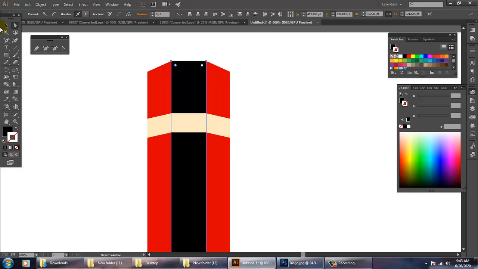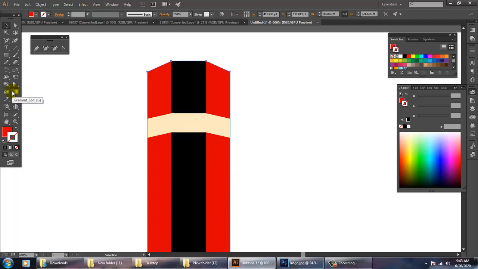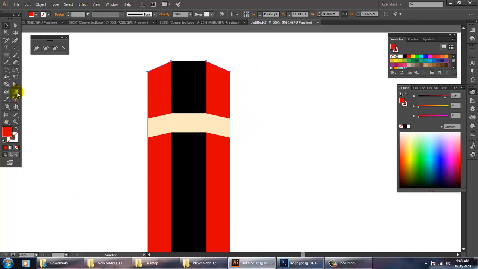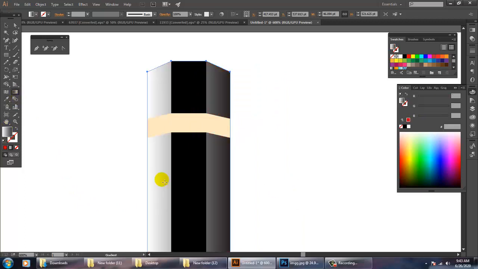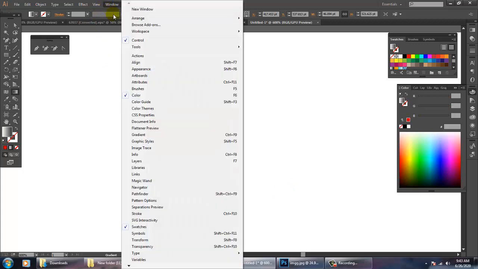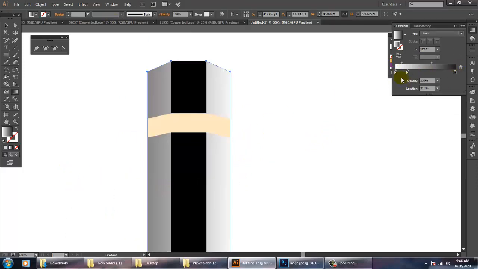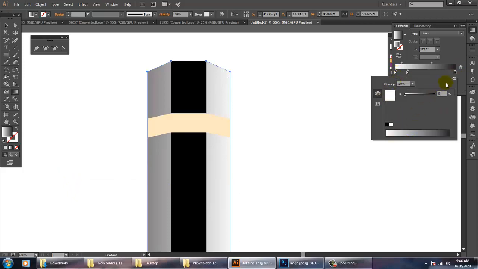If you want to give a kind of a gradient look, you can give a gradient look also to this. You have a gradient tool over here to give a gradient. Before we start giving a gradient, select this color. If you click on this, go into window, go into gradient. Once you click on this and if you drag this color over here, you can give multiple colors over here.